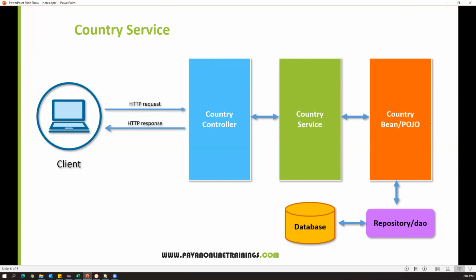As I said before, the controller class contains only mapping methods, which will automatically trigger whenever you send an HTTP request. These controller methods again hit the service and get the response from the service, and the same response will be provided to the client. Internally, the service will use a bean class to represent the objects. Currently, instead of using the database and repository classes, I'm just going to use something called a HashMap from Java. I will specify some data in the HashMap, and we will work on the data provided inside the HashMap.